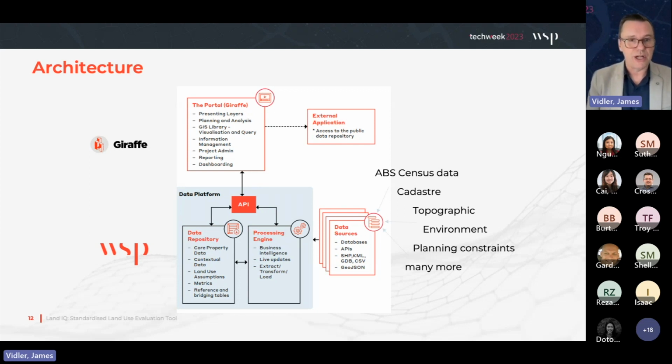But what Land IQ does is what I would say it supercharges Giraffe by giving it access to an enormous amount of pre-processed data. And that data might be cadastral, could be topographic, could be environmental, could be planning, the codification of planning constraints, the codification of assumptions. All of that information then goes into what we call the data platform. And then that data is really efficient. So Giraffe will present all of this data very, very quickly to the end user, but it's